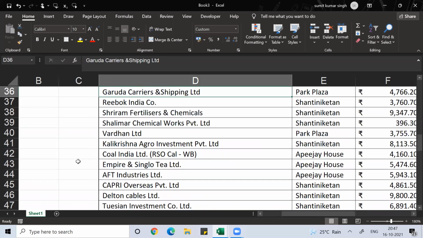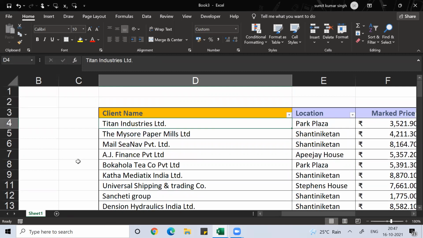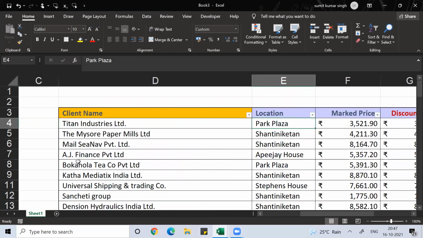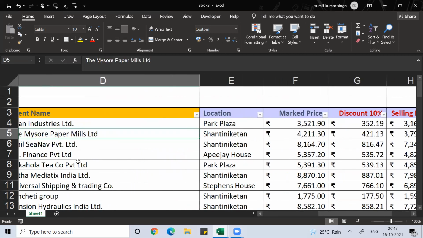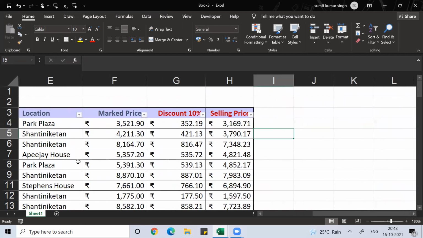Clear everyone? Anyone have any doubt? Please ask me. So you want to hide a column, Control 0. You want to hide a row, Control 9. Clear? Any question, any formatting, format painter? You guys are getting it right. So in this class, we did not learn anything new. We just learned the application of whatever we know.